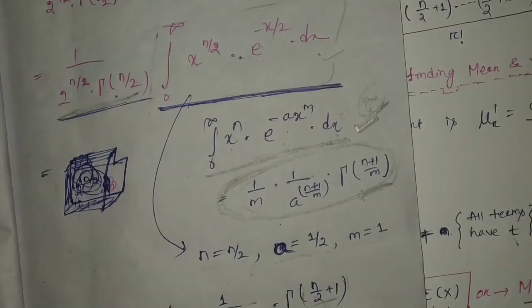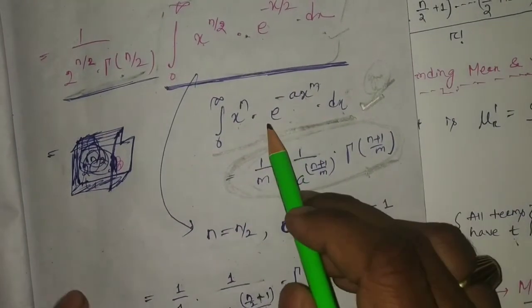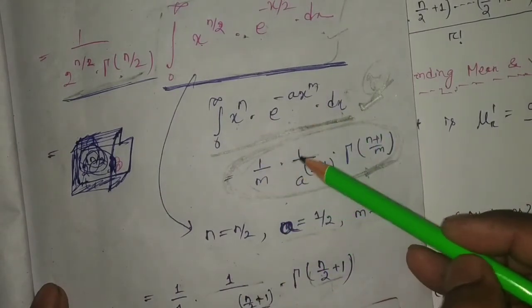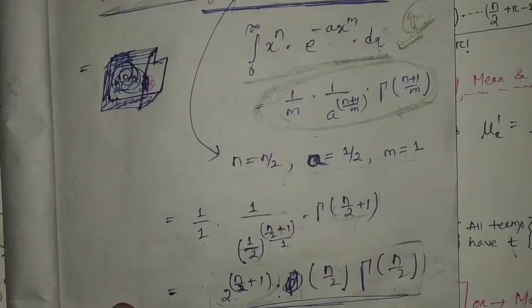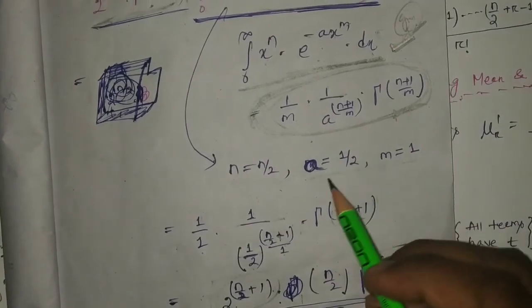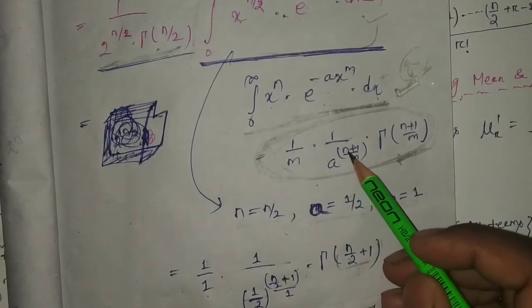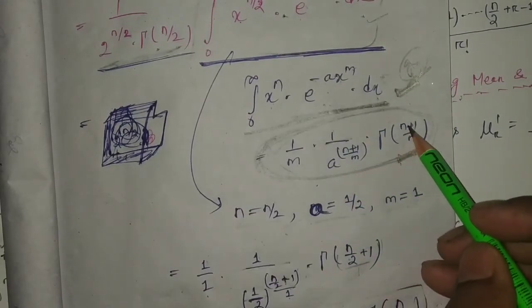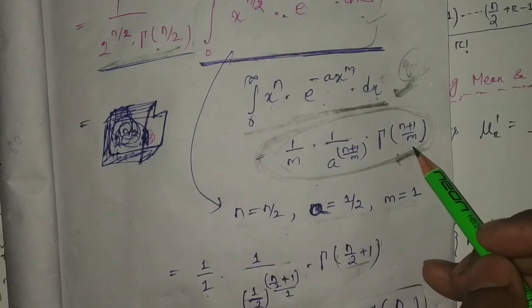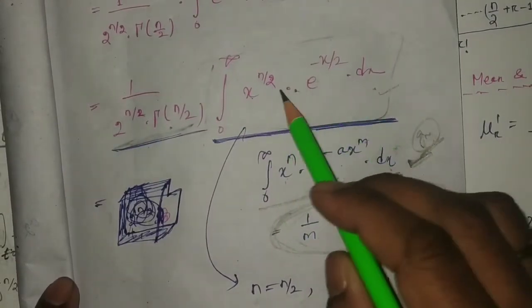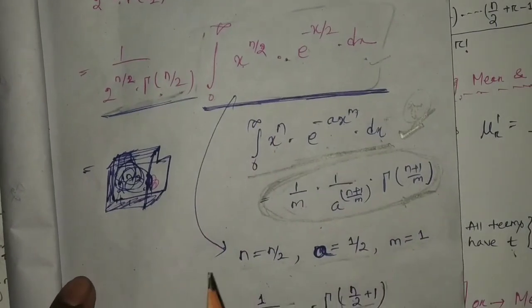So you have to remember it. So what will the integral value be here? It will be 1 by m into 1 by a to the power n plus 1 by m, gamma of n plus 1 by m. Okay. Now if I compare this integral and this integral, we can easily find